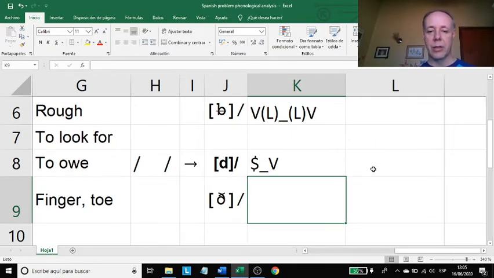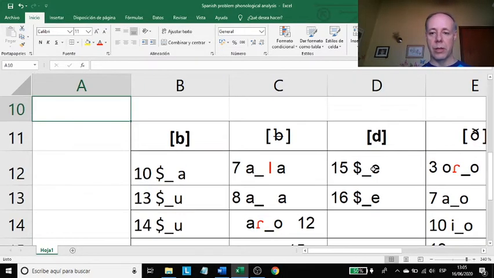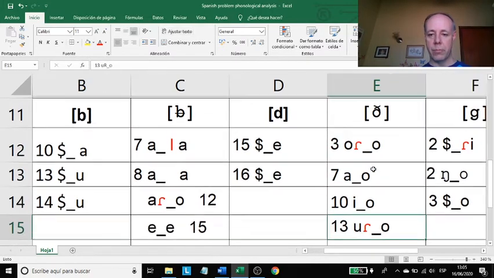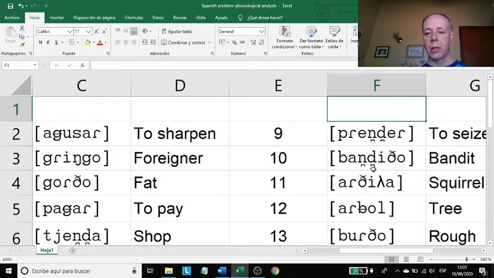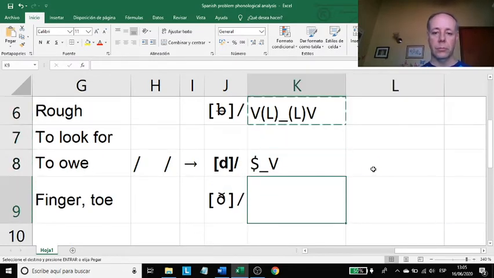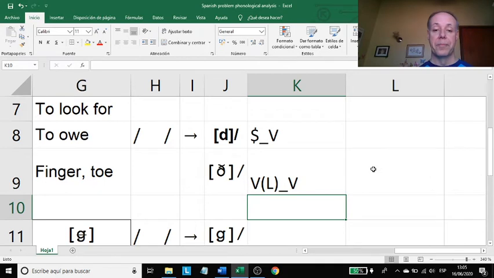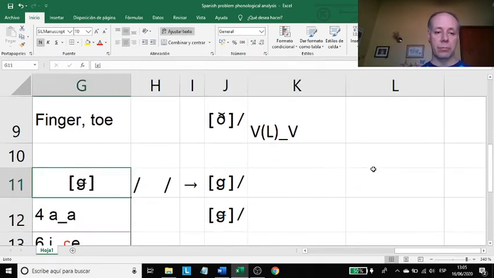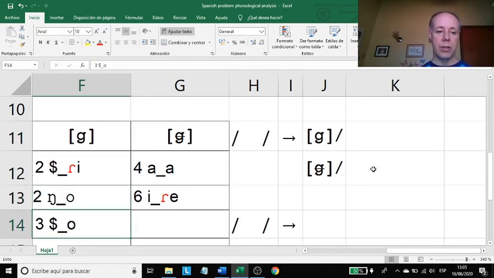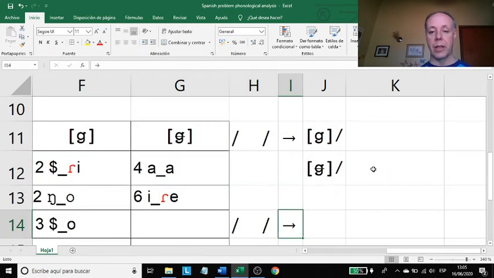And let me see. The is before. Before. Before then. Before, but not after. Like this. And the G. The G syllable initial or after a nasal, before a vowel with an optional glide, optional liquid. Okay, so